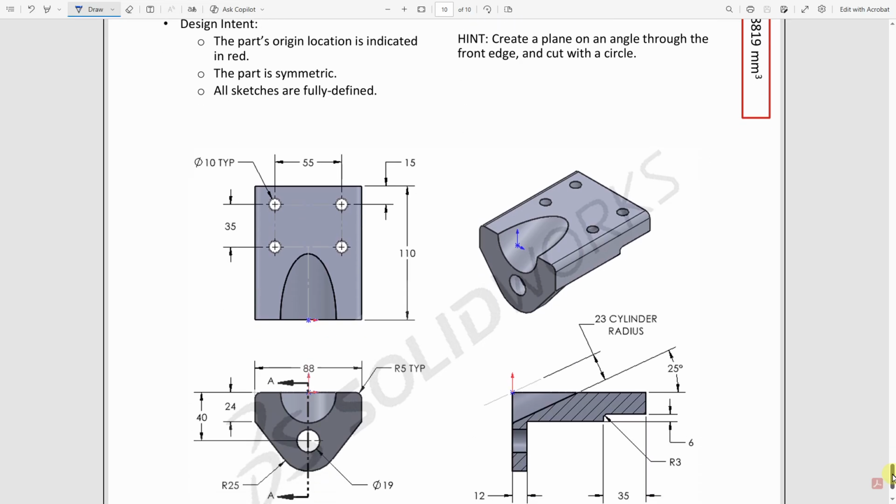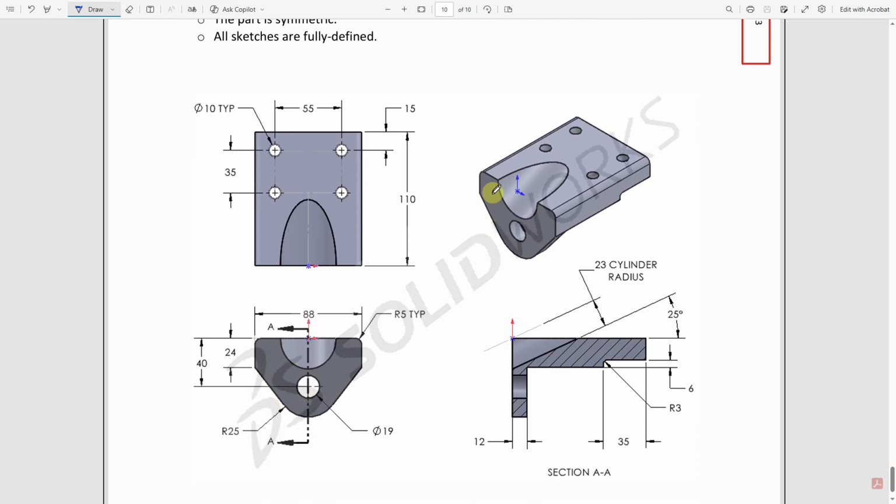So here I'm going to start with this front face right here, and basically design that whole thing except for the fillets that I'm going to add later. I'm going to extrude that front face all the way to the other end, 110, and then cut away this part right here, except for this fillet that I'm going to add at a later step. Then I'm going to focus on these holes, I'm going to drill these holes, and then finally create a plane